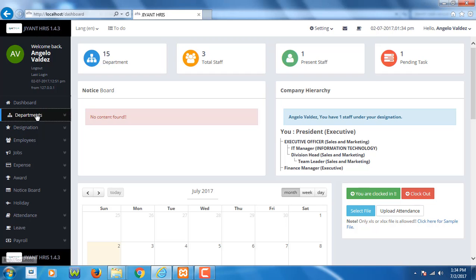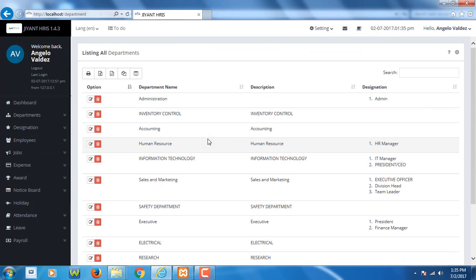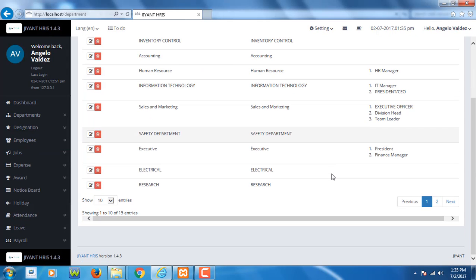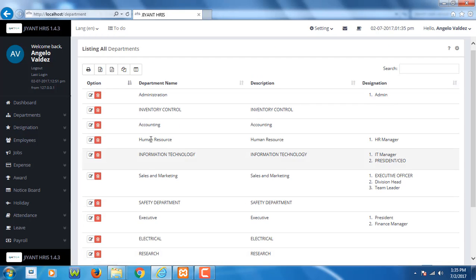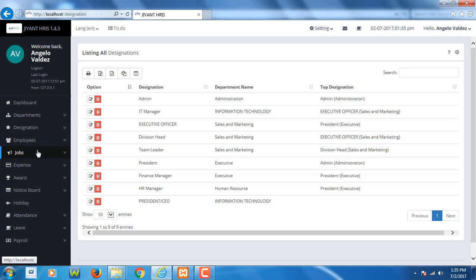So let's see what we have on the menu. We have the department, so this is where you maintain departments within your organization, and this is where we add, edit and delete departments. And we have here maintenance for the designation, so what positions are available in the company.